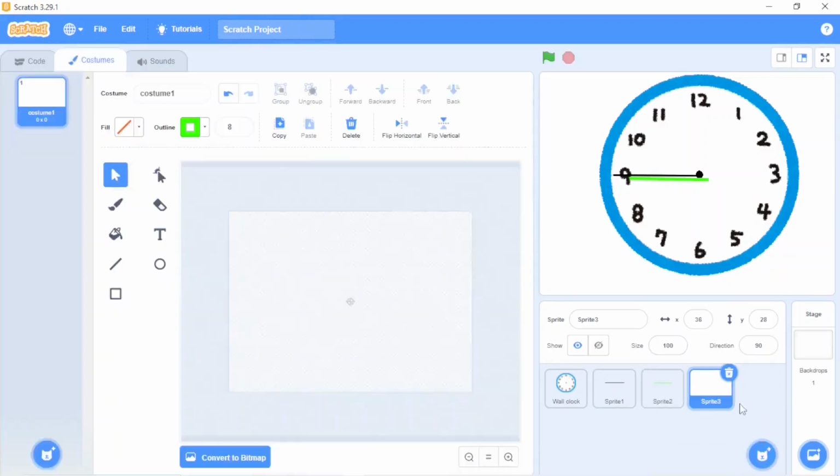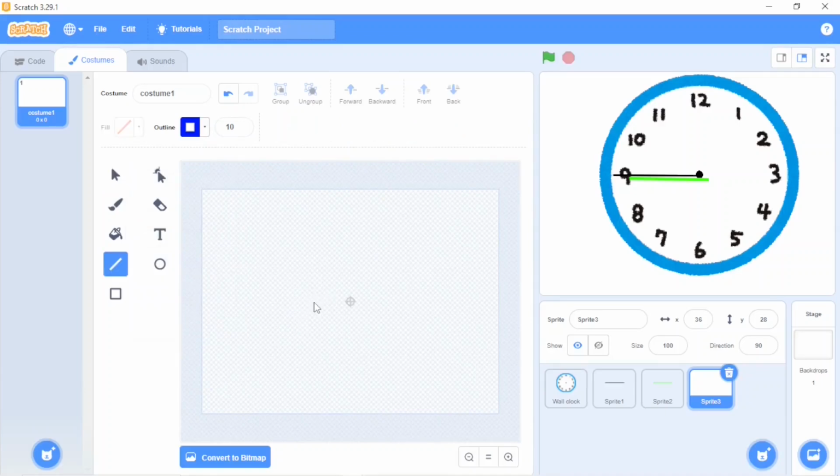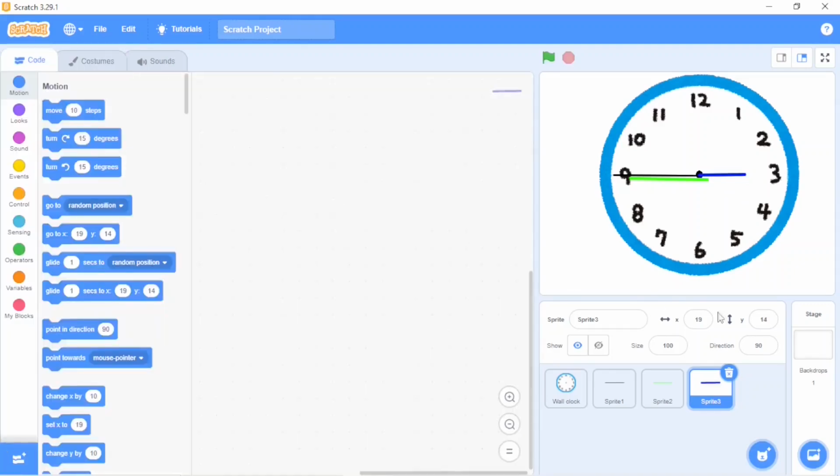Now one more. The thickness is 10 and the color is blue. Think which one it is. It is the hour hand. Yes, you are correct. Okay, take this and keep it over here. Yes, this much is okay. And all sprites are done.